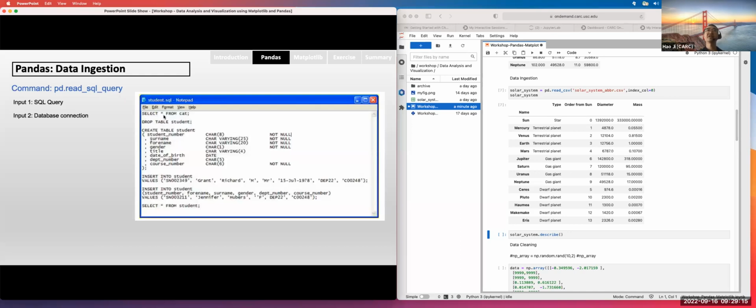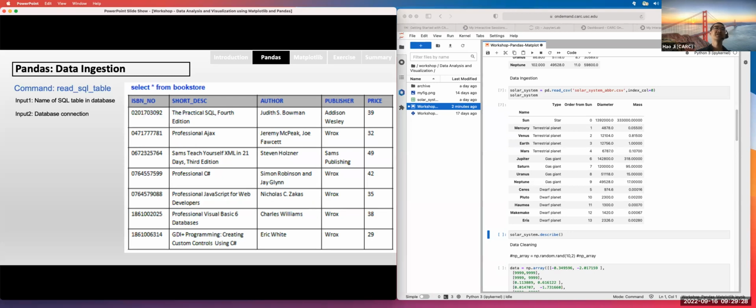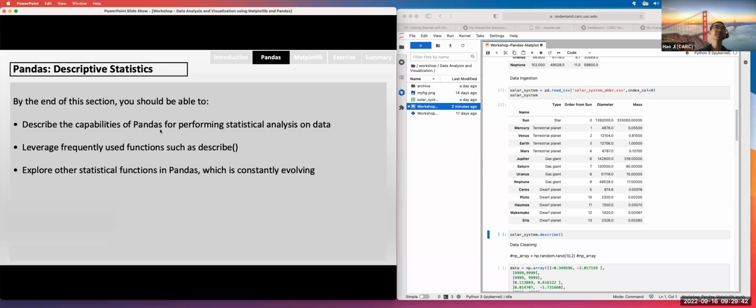Another one is called read_sql_query. In big companies, they have SQL databases and they can be really big. The reason why they use SQL is that you can query the data at a relatively faster speed. You can also read the SQL table. The SQL table is something that looks like this. It's structured data that looks similar to Excel, but it's mainly for large amounts of data. Once we load all the data,